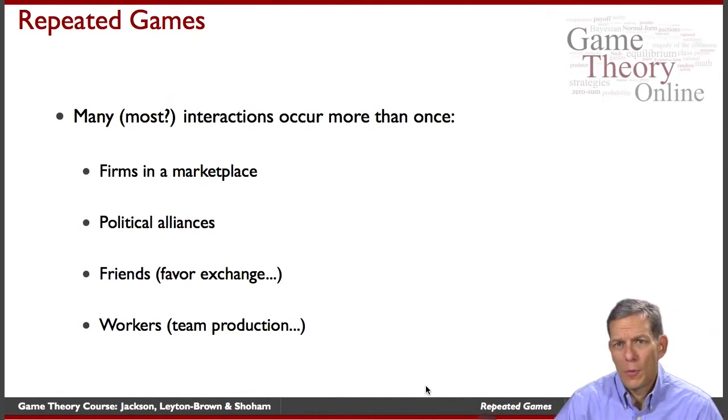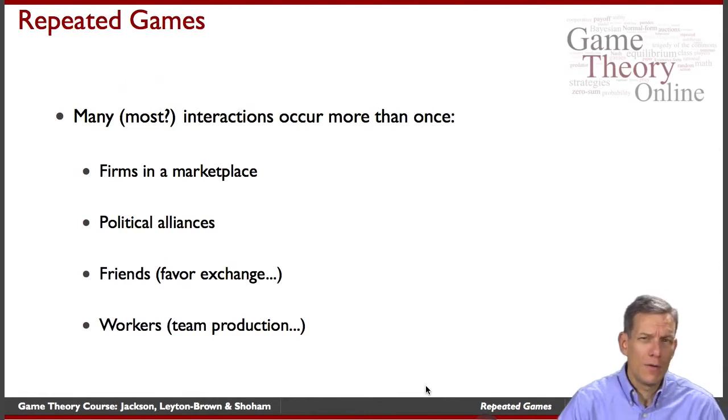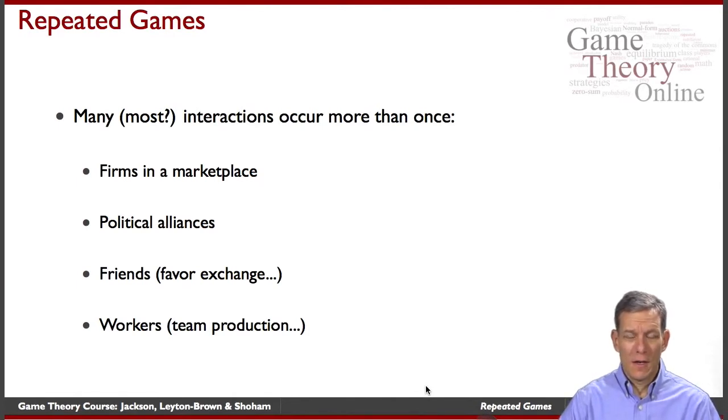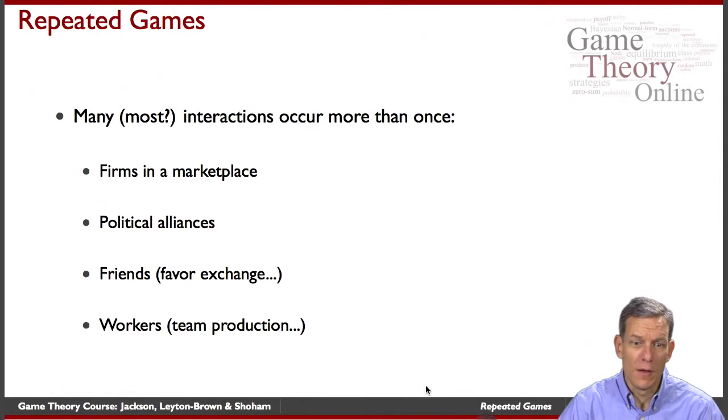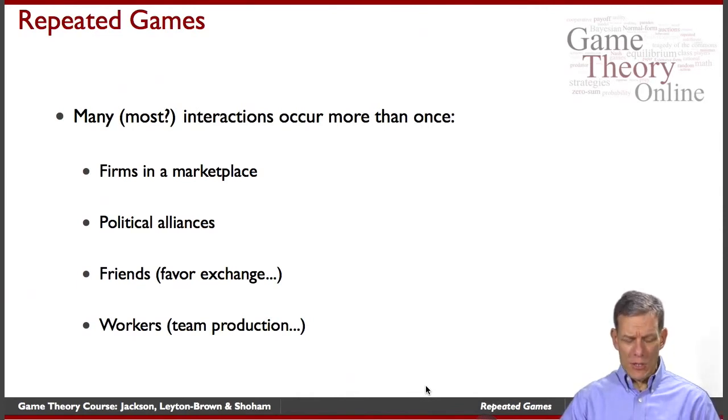Friends, do you help your friends out when they need help? Do they help you back when you need it? So you're going through repeated interactions and how you've performed in the past. If you have friends that have done very well for you, you're more likely to reciprocate. Some of these kinds of things can involve repeated interactions. Workers, team production. Day after day, you need to help some of your coworkers. Sometimes you have to do tasks that don't go noticed, and sometimes they do help you out, and so forth. So these are situations where repetition can make a difference, and understanding it will be an important aspect of understanding how the repetition affects the play.